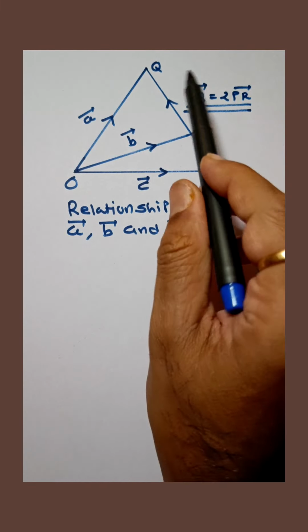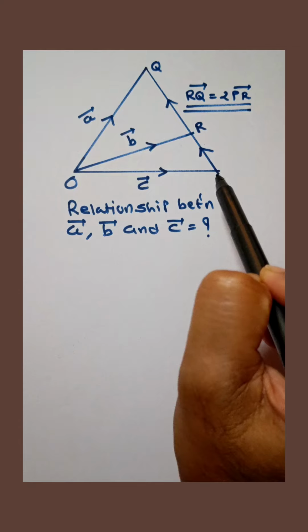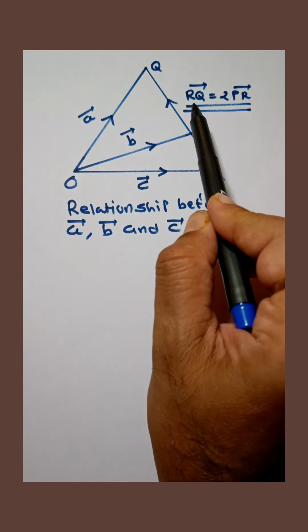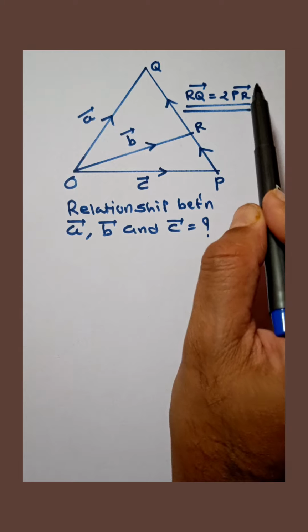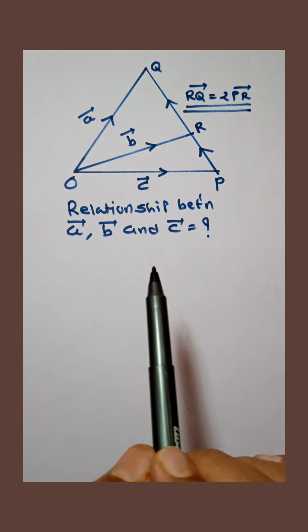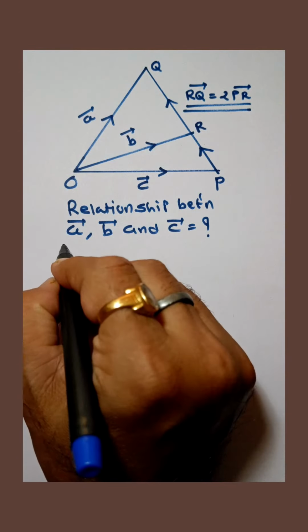In triangle OPQ, OP is C vector, OR is B vector, OQ is A vector, and it is given that RQ vector is equal to 2PR vector. Then what is the relationship between A vector, B vector and C vector? Now see here, in triangle